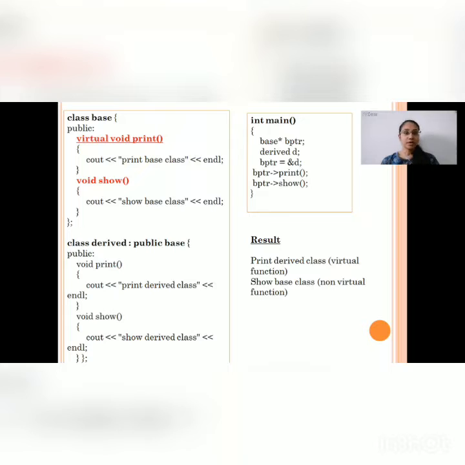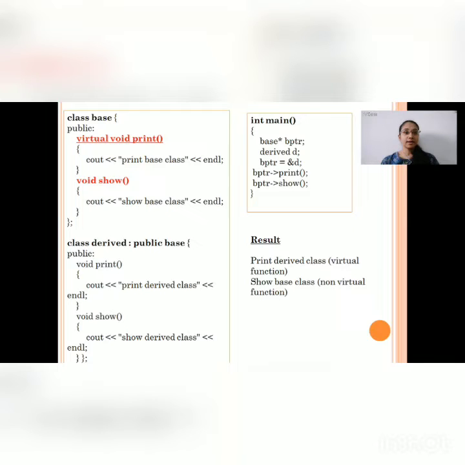So output of this program will be print derived class, which is a output of this function declared in a derived class, and the output of function show will be show base class, which is a function of base class. I hope concepts of virtual keyword is clearly understood.